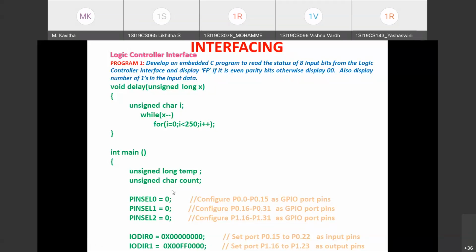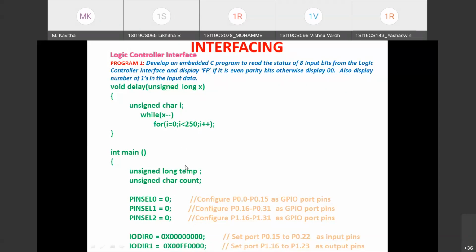That's what we are doing in this statement. In these bit positions we have the 1, and the rest of the bit positions we have taken as 0. So the 32-bit data we are writing to the IODIR1 register is 00FF followed by 4 zeros. These are the configurations we are going to make for the logic controller interface for your lab syllabus program implementation.